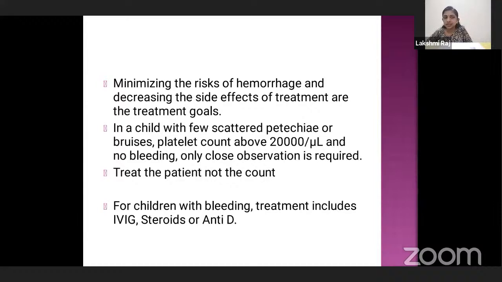In some centers, if the platelet count is below 10,000, they will also treat the patient because there is an increased risk of intracranial bleed as the platelet count goes very low. So for children with bleeding, that is mucosal bleeds, if it is skin bleeds alone, we usually don't give treatment, we observe the patient. If it is a mucosal bleed, then we give treatment, which includes IVIG, intravenous